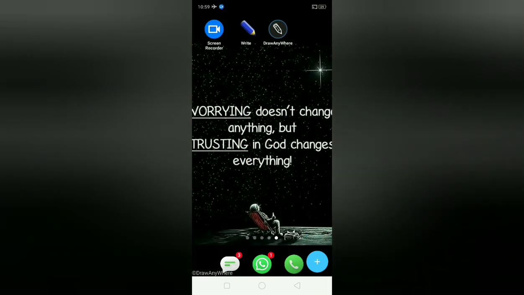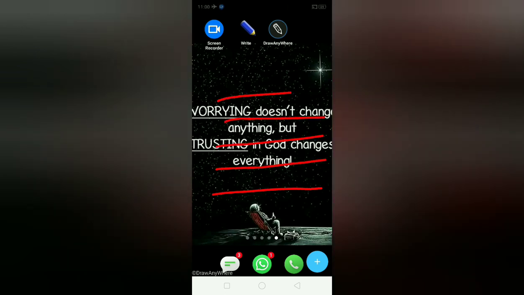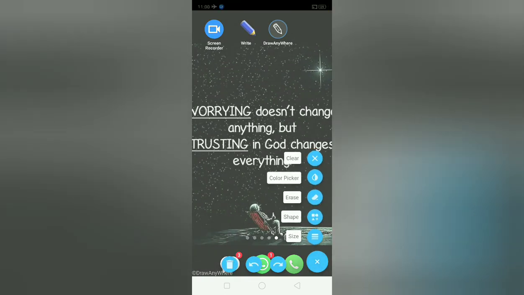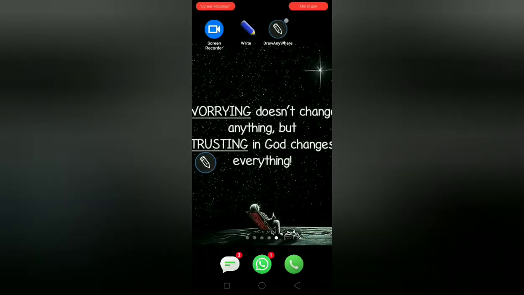Okay, so here you are not able to see here, you can't slide from one application to another application. So what to do? Again clear it, again press on plus icon. If you see here, bottom left corner, a trash icon is there, delete icon. Just click on trash icon. So here the plus icon disappears, and here you are able to see pen icon.